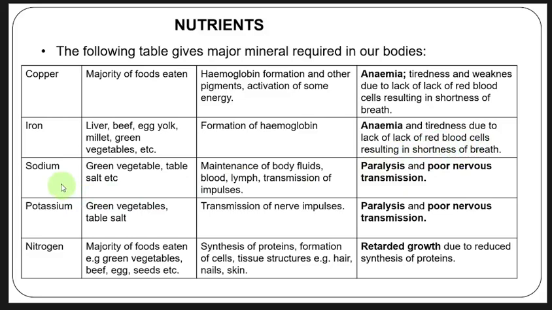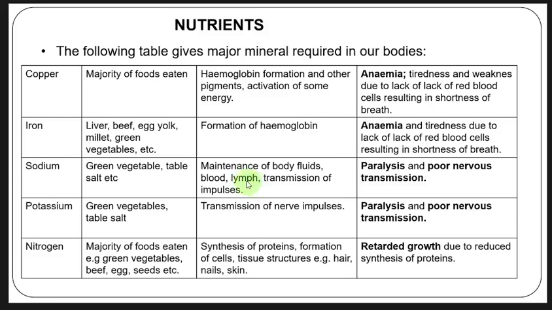Another required mineral in our body is sodium, which is found in green vegetables and table salt as well. So our table salt is also called sodium chloride. Its function is in the maintenance of body fluids, blood, lymph, and transmission of impulses. So our body contains fluids, which are actually plasma and water-like, and that fluid also needs to be maintained at that level by sodium. And also in blood and lymph are some of the hormone